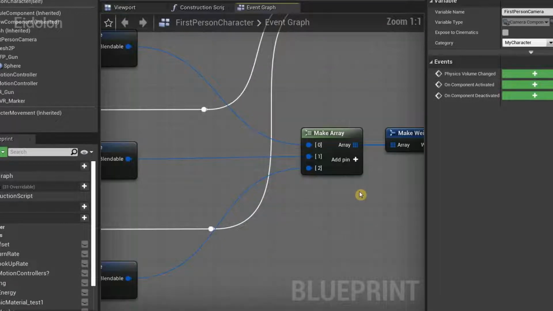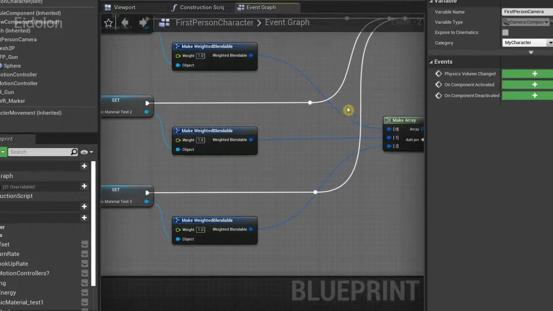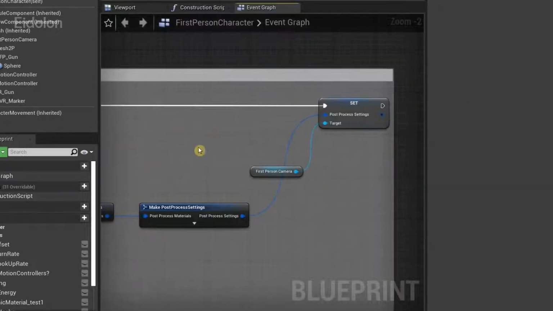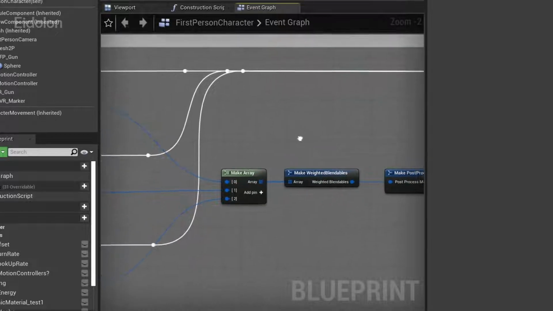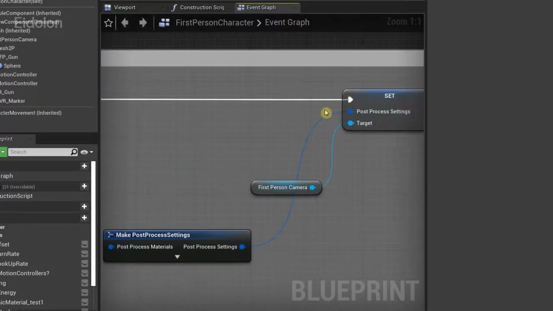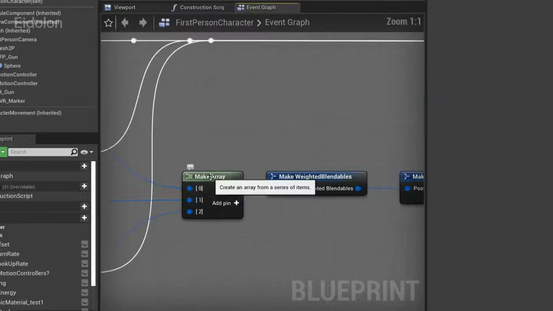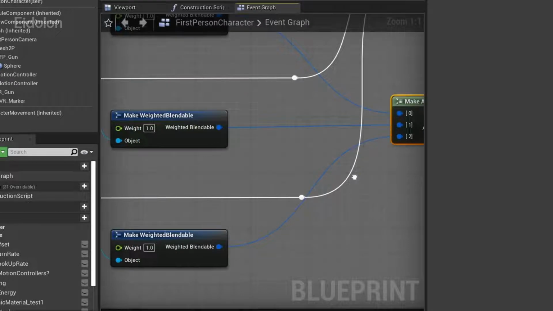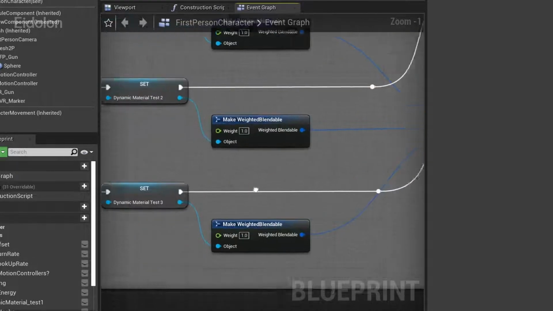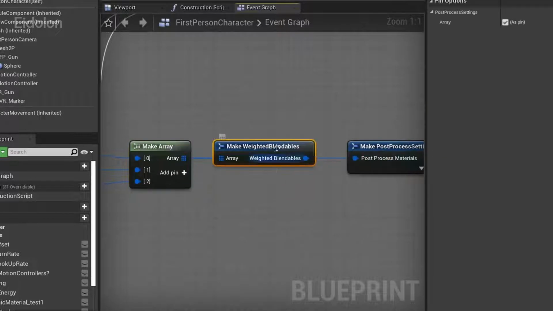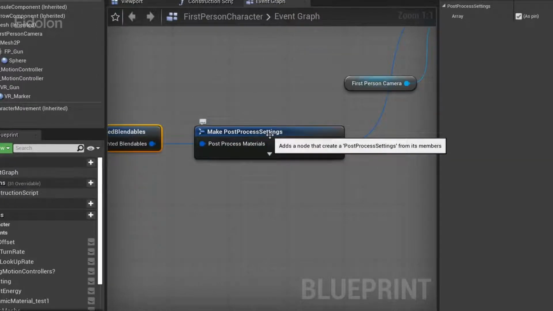Alright, so from the make weighted blendable, we have all these nodes over here. And I have already mentioned what all of these nodes do in the video I mentioned before, but I'm going to quickly explain what these do either way. So we have the make array node over here. This one basically takes in the make weighted blendable node as an input and then passes it on to the make weighted blendables, which takes in an array which we made before,